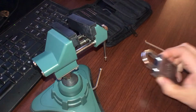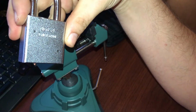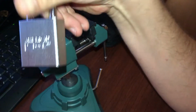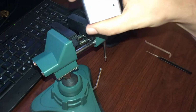Hello everyone. Today we're going to be revisiting a lock that I did in one of my first videos. It is a 5200 American lock. See if I can keep that glare off of it. Sorry about that. Yes, it's an American 5200. The first time I picked it